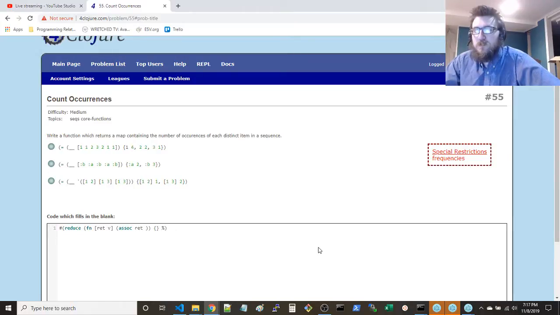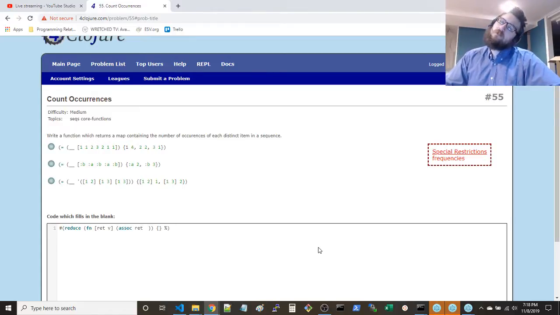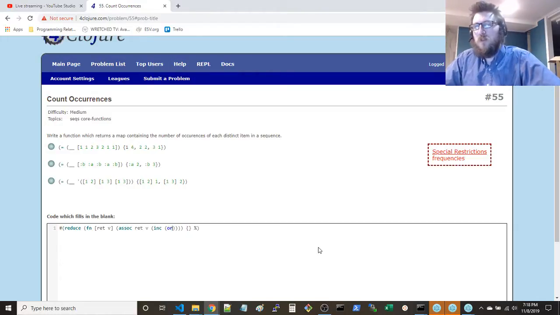Specifically, ret is the map that we associate with. We want the key, which is going to be v, and the value that we're going to update with is going to be increment of, we can do or v, ret of v,